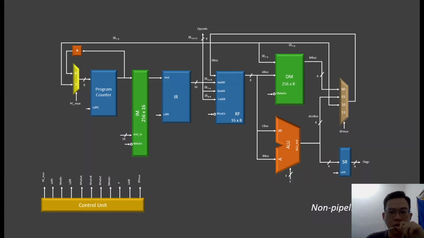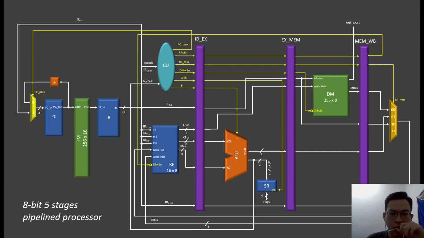so here is the data path of the non-pipeline processor that will be used to compare with the designed pipeline processor in terms of the functionality and performance. And next, here is the data path of the 8-bit 5-stage pipeline processor that is designed. So here, as you can see,